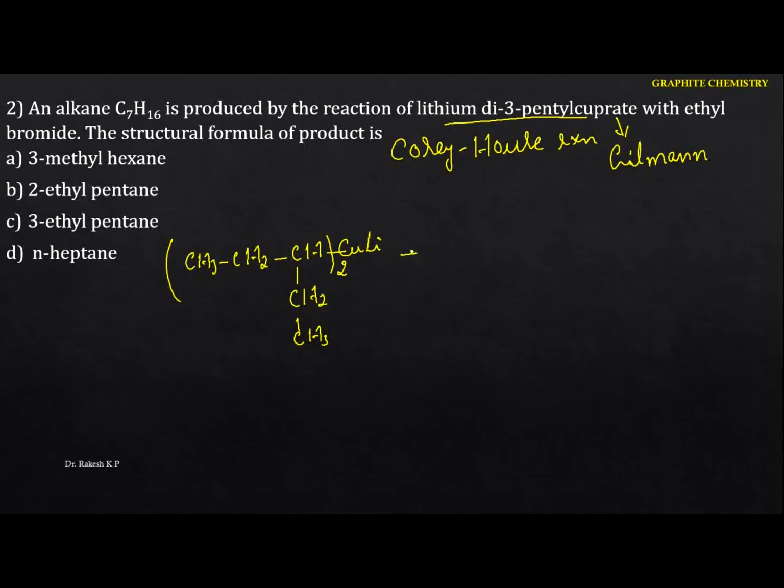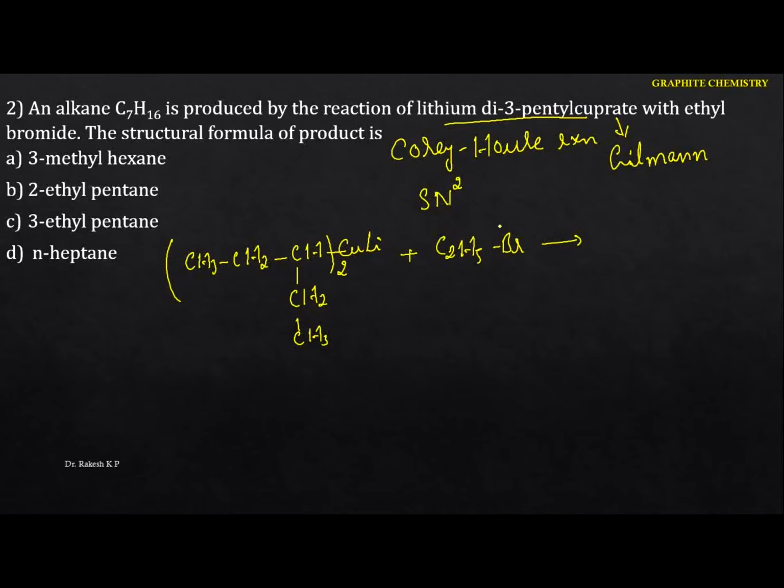Whenever it is treated with ethyl bromide, this is the ethyl bromide here. So this alkyl halide reacts with the Gilman reagent. Here the reaction takes place according to the SN2 mechanism. Remember one thing, especially in the Corey-House reaction, we can take the methyl halide as well as the primary alkyl halide. Secondary and tertiary are very difficult to perform. That means secondary and tertiary alkyl halides cannot react with the Gilman reagent, because the reaction proceeds through the SN2 mechanism. Hence only primary and methyl halides proceed in the Corey-House reaction.